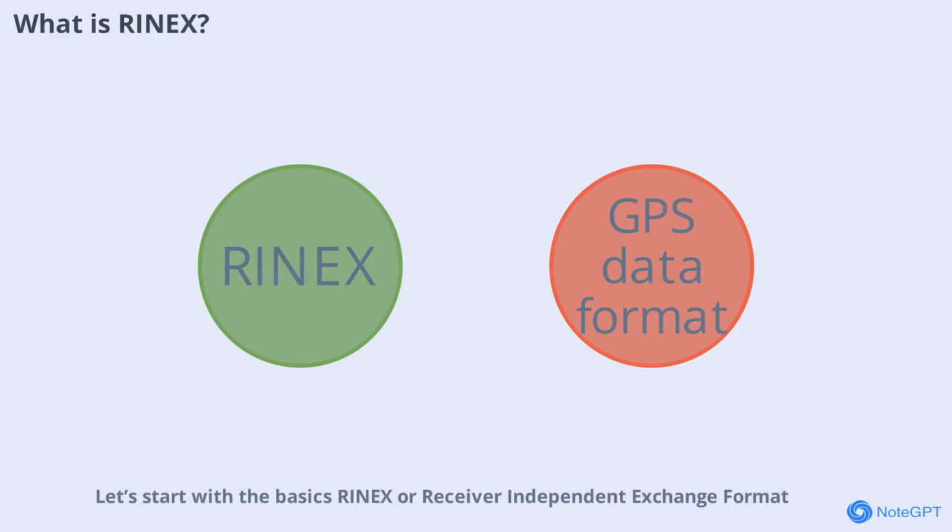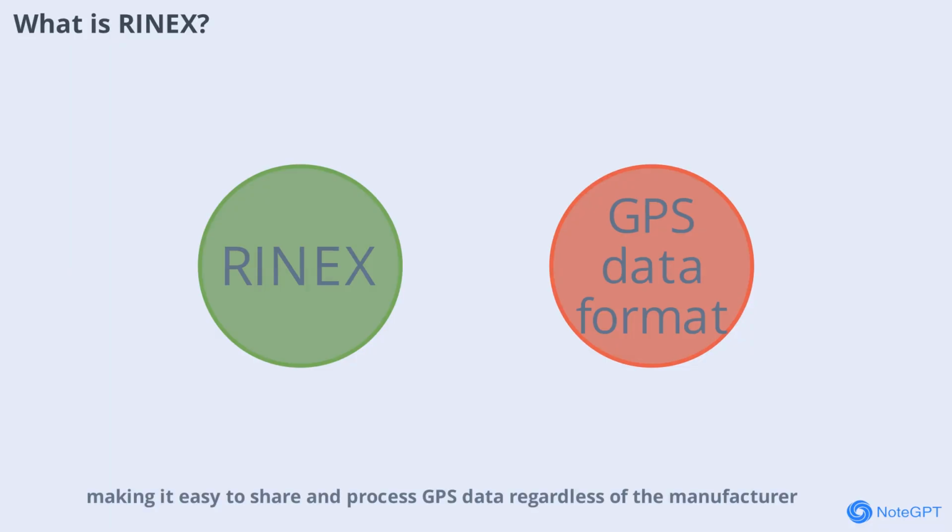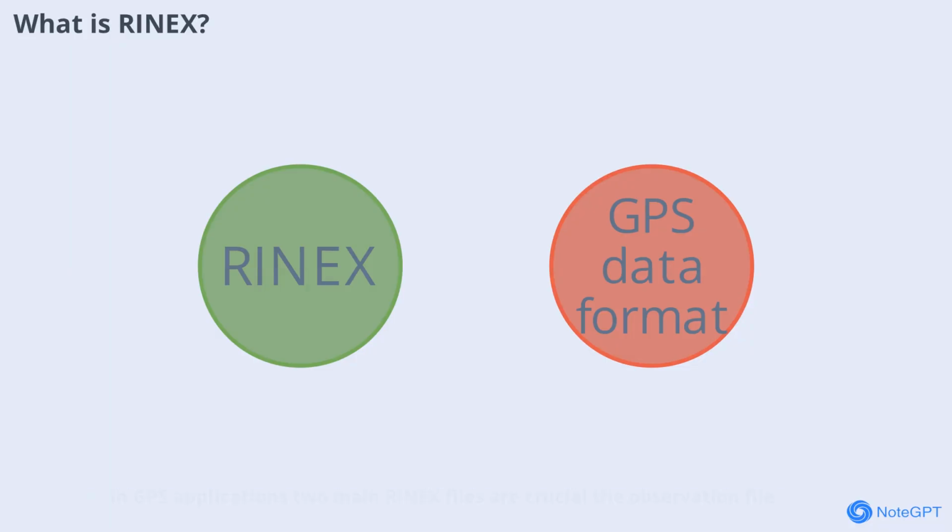Start with the basics. RINEX, or Receiver Independent Exchange Format, is a universal text-based format designed for GPS data. Imagine you have GPS receivers from different brands, each saving data in its own unique way. RINEX solves this by providing a common language, making it easy to share and process GPS data regardless of the manufacturer. Two main RINEX files are crucial: the observation file, which records what the receiver measures from satellites,